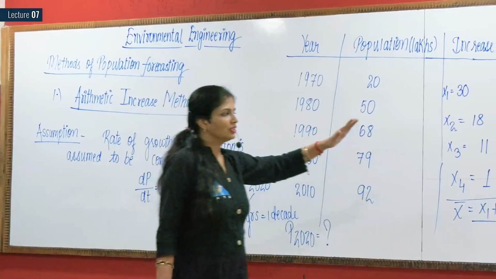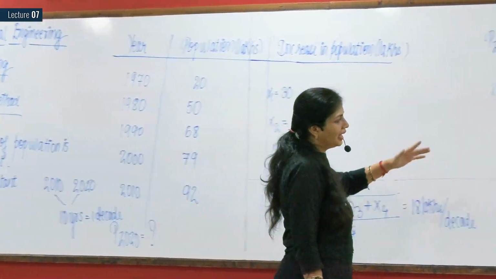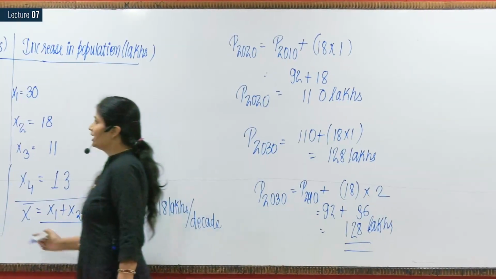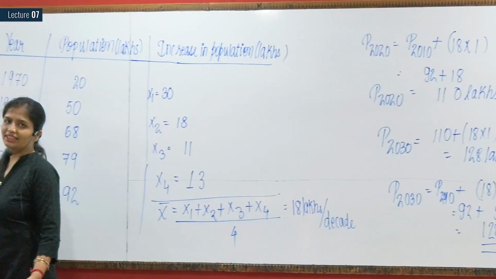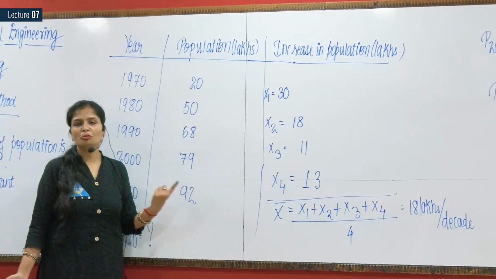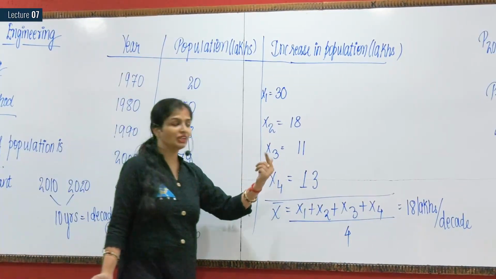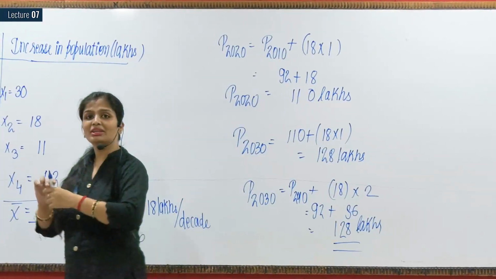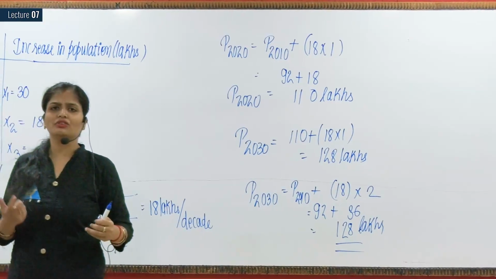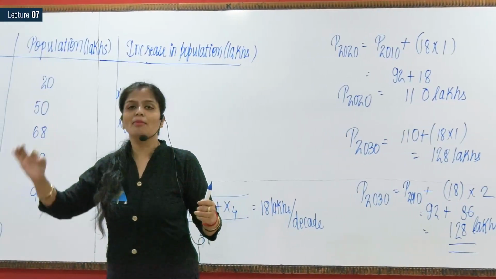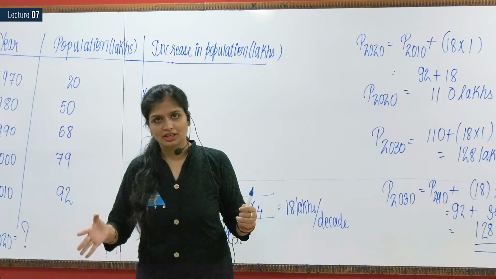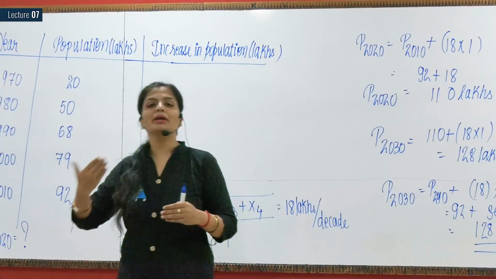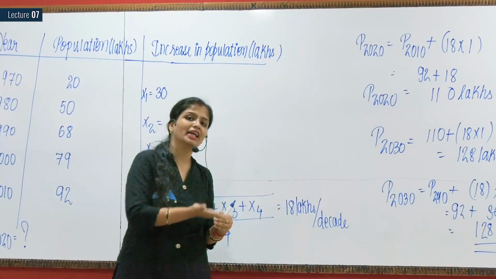If 2030 has been asked first, you can calculate for 2020 and then do it. But basically we go with this data because these are the survey data, and this is the census which is recorded, so this is more accurate. And the data which we calculate based on different methods is the forecasting method. Forecasting means we are predicting. You would relate this word to weather forecast. We say it might happen, rainfall might occur, destruction might happen. So there is a 'might', it may be or it may not be. That means we are just predicting it. I don't know what will happen.